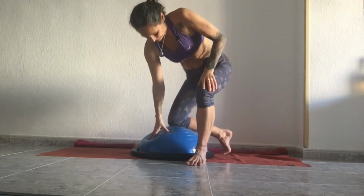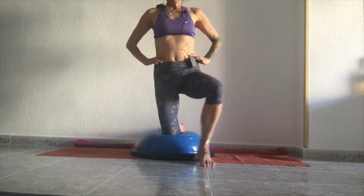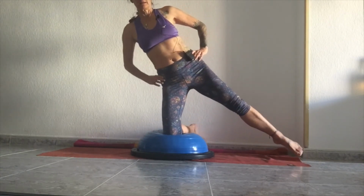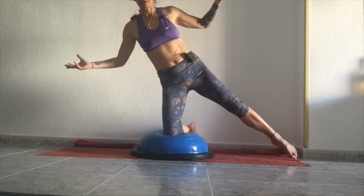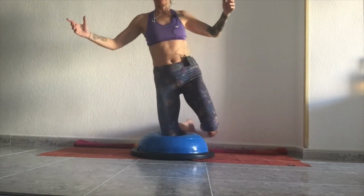Now you will go one leg. So yes, my bottom foot here is currently tapping the ground. Leg out to the side, hinge a little. Now my foot comes up, lean over this leg. So it's very similar to the last move, but now no hands. Now I can come up and then, oh, go back down. Come up,